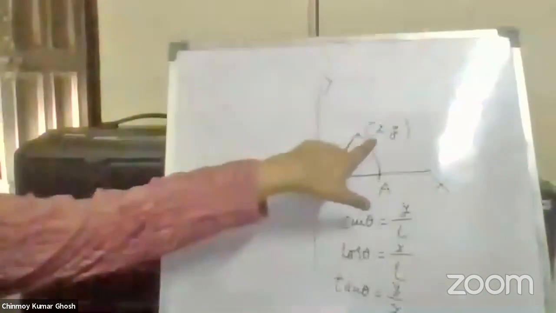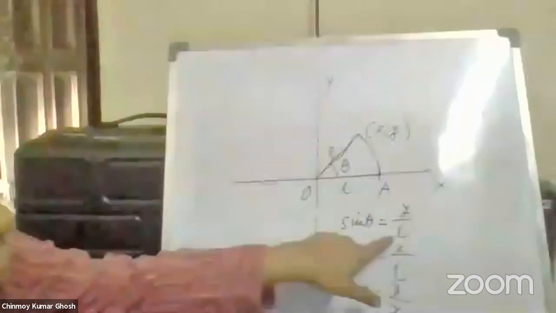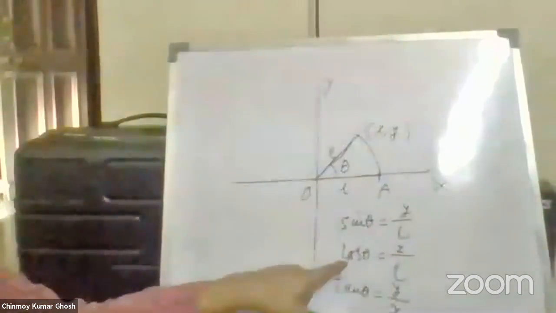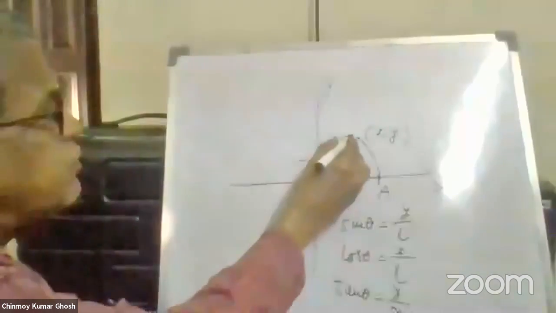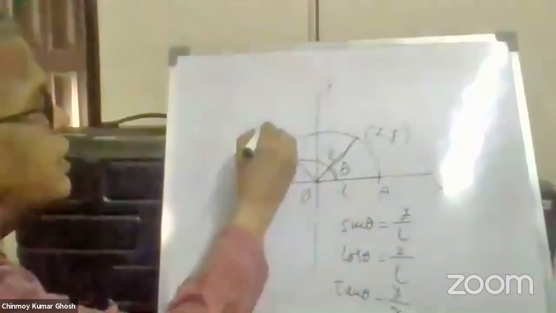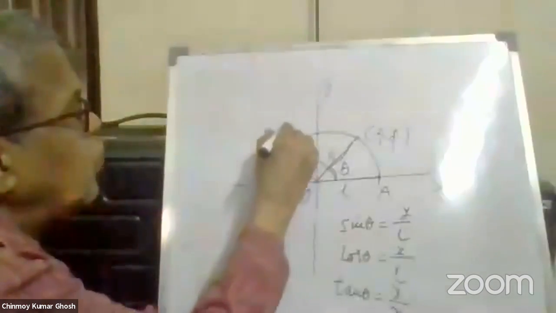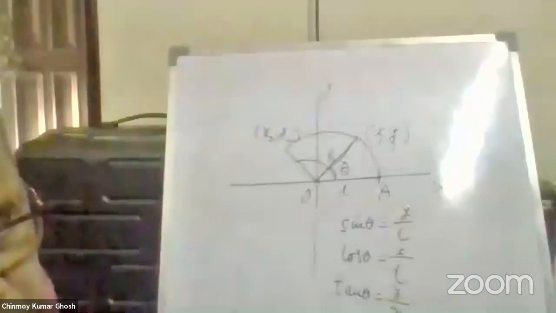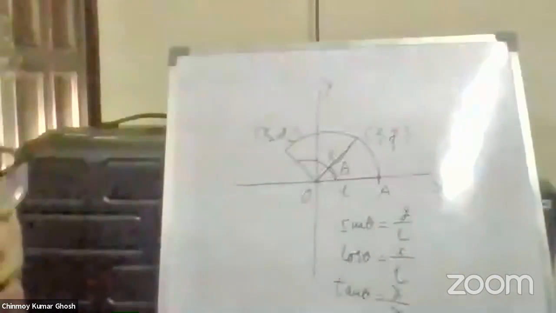Like when x and y are both positive, then sine theta, L being the length, is always positive. Now, if x and y are both positive, then sine theta is positive, cosine theta is positive, and tan theta is positive, which happens in the first quadrant. If theta brings the straight line to the second quadrant, then let me write x1, y1, x2, y2. Now out of x2, y2, y2 is positive, x2 is negative. So cosine theta becomes negative, sine theta remains positive, and tan theta becomes negative.